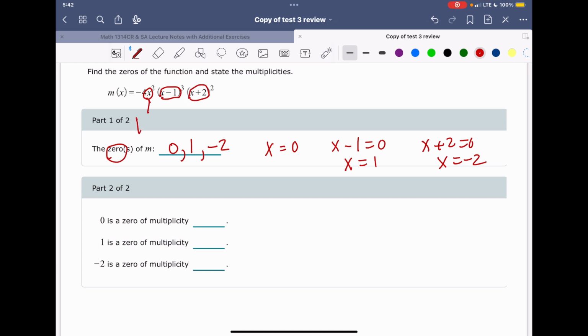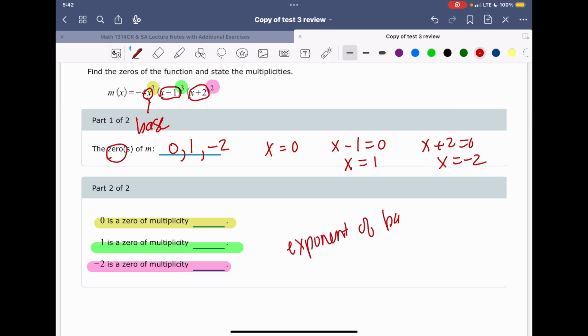Because again, this is the base. We only talk about the multiplicities based on the power that's given to us. That's the 1 multiplicity. This is the negative 2 multiplicity. The multiplicity is going to be the exponents